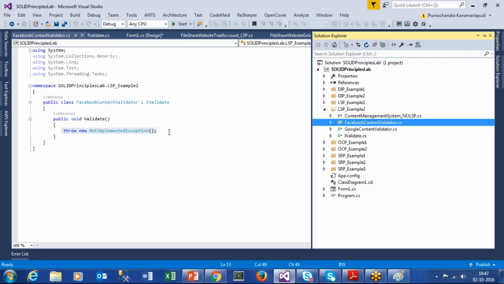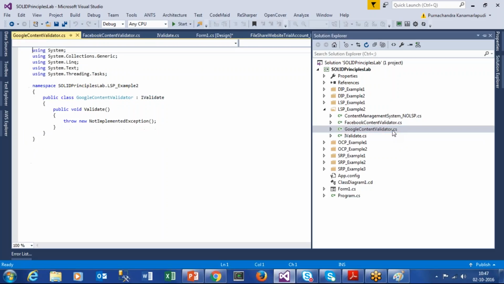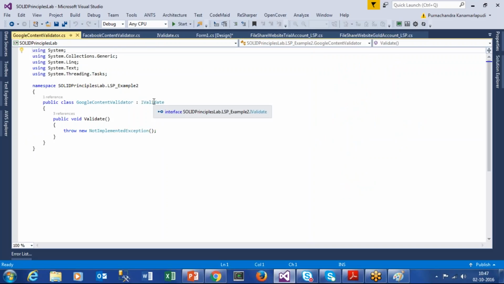I'm not writing any real logic, just for demonstration purposes. Let us say we write some logic. Google Content Validator, again I'm implementing this interface,